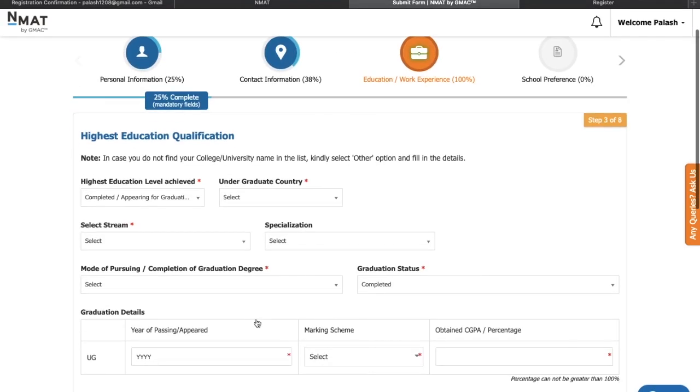In education, you have to choose the highest education level. Now, either you have to choose completed or appearing, or you have to choose attained. Now, if you are in your 3rd year or you are in your 4th year, or if there's some exam that is still pending, then you have to choose the first option, completed slash appearing. In case you have your degree with you with marks of all the subjects, then you will put